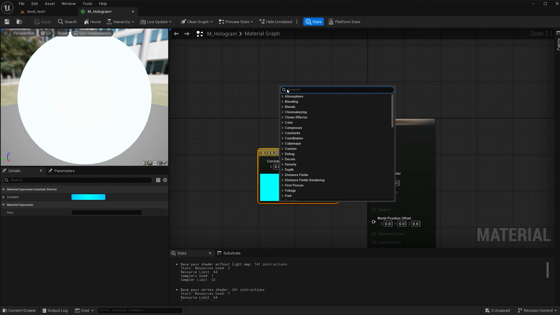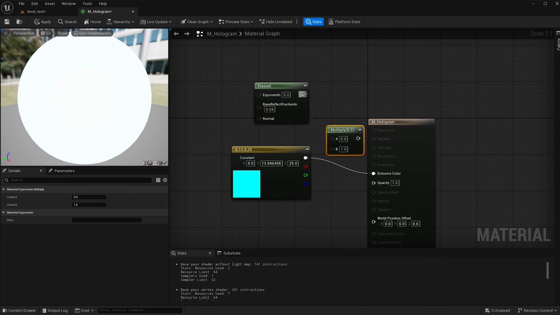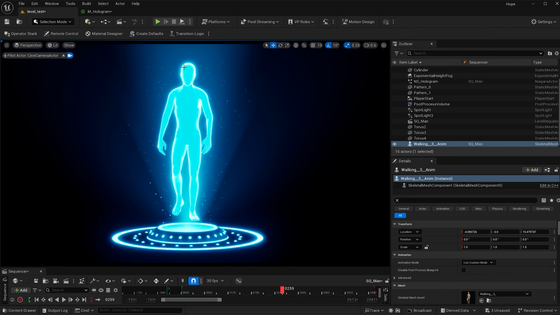So right click in your material and type in Fresnel. Now we need to multiply these together, so hold down M and click, and go ahead and drop the Fresnel output to the A and the color output to the B, and the multiply to the emissive. And let's change the exponent from 5 to 4. Feel free to play and explore with these values. So now when I hit apply, I see that the glow is more centralized on the edge of our character,